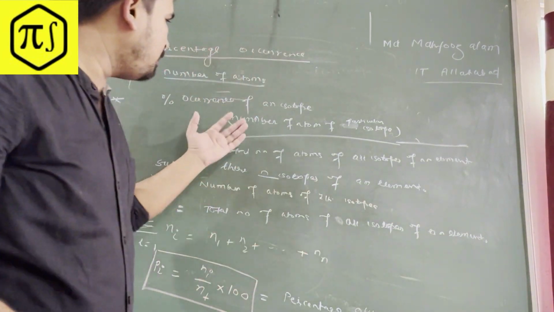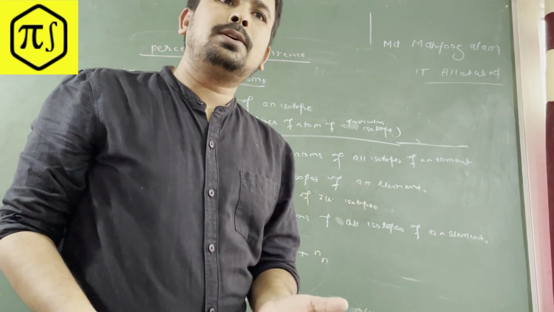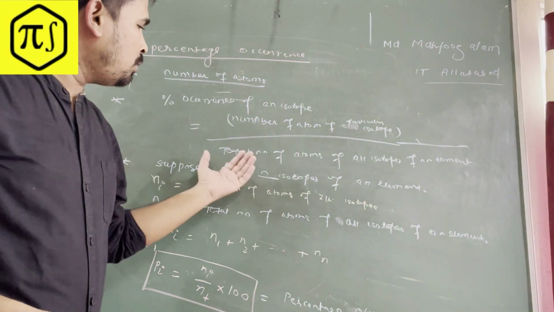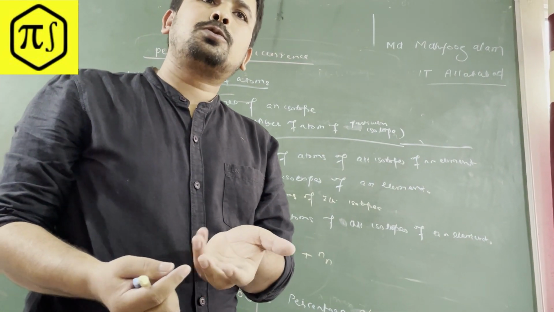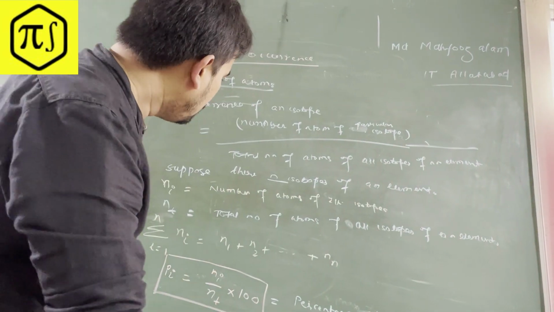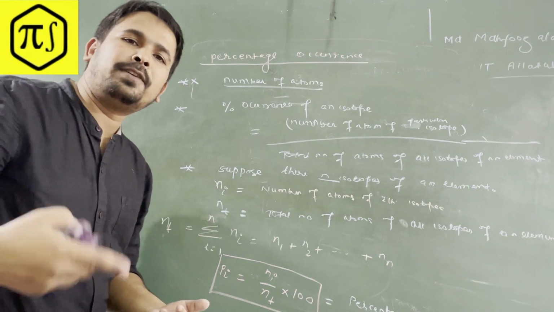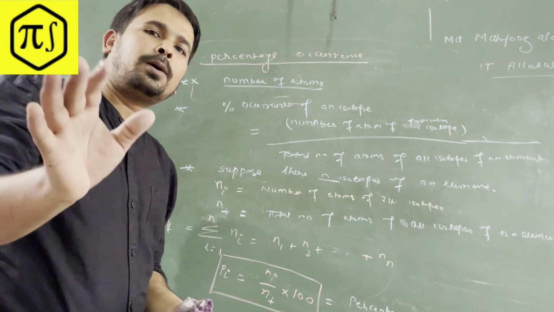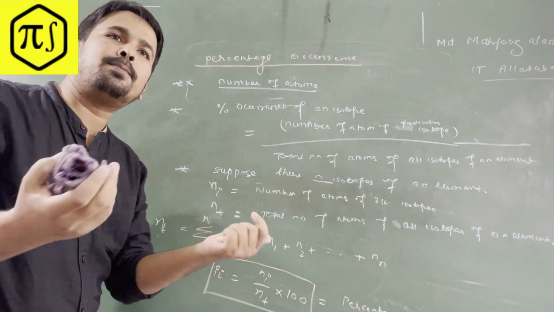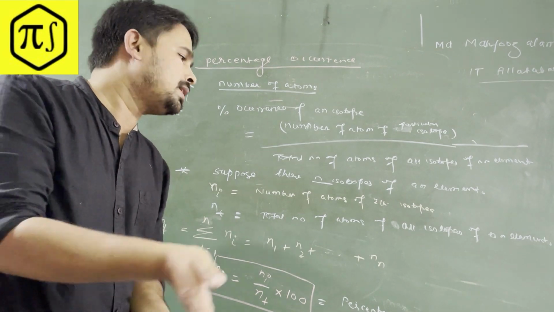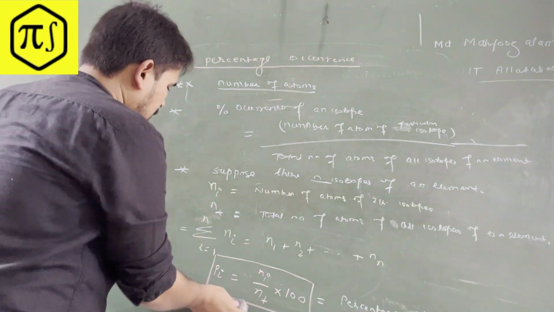Now why I taught you this: because this will be used in the derivation of average atomic mass while defining it. Because see, the definition, you will be learning the formulas and all, but we are not going to talk that way. We are going to derive everything, so that at least you will be able to visualize it, right? So you can note down this one, and then we'll go ahead and define the average atomic mass using 10th standard mathematics. We'll also use some more symbols, which might not be in 10th, but we are going to use them for deriving further. So we are moving now.